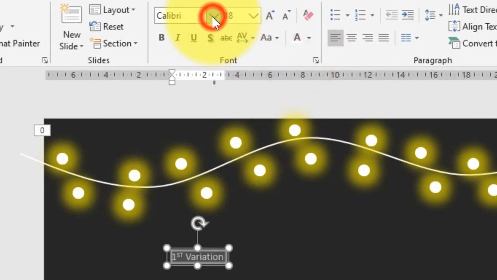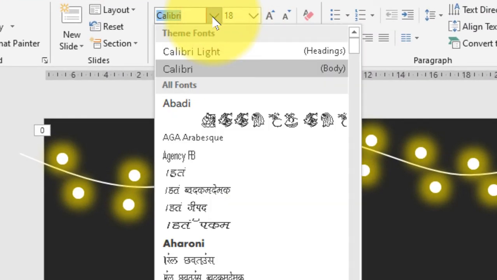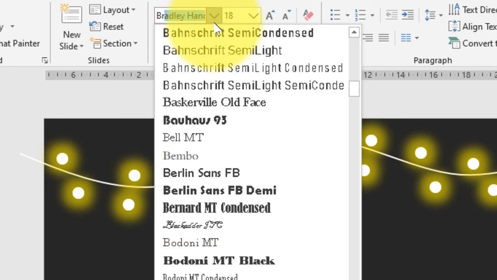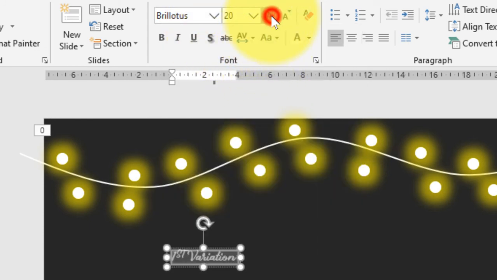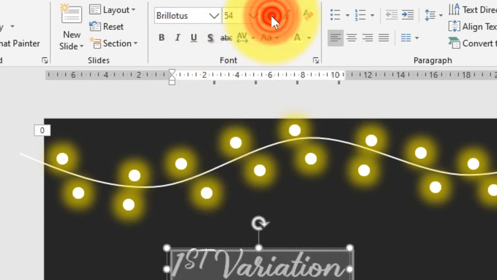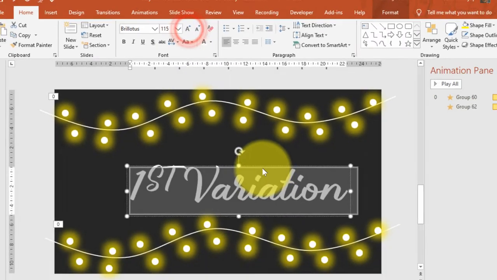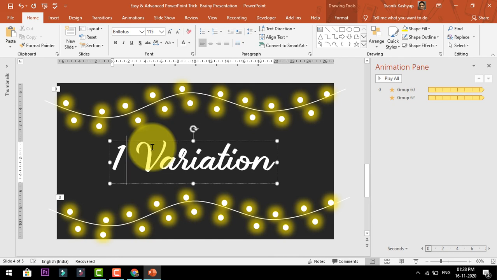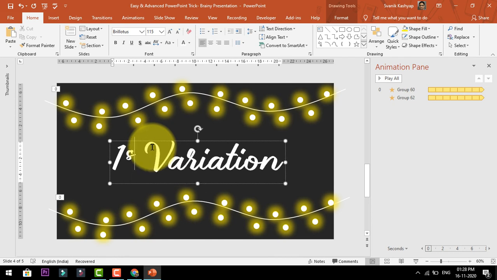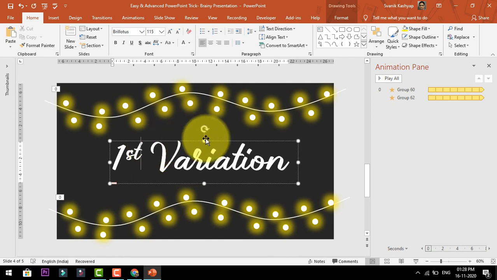Then I'm switching over to another font, and the one which I have downloaded is Brie Lotus. This font I personally like very much. So here is the first variation. Of course you can replace this piece of text with your own. For video purposes I have shown it.